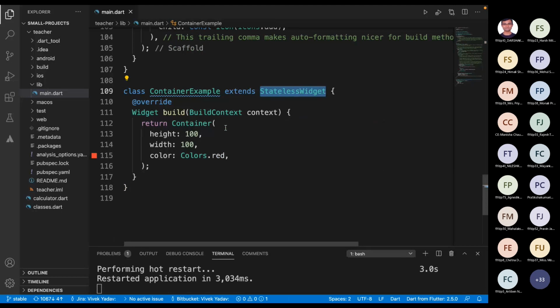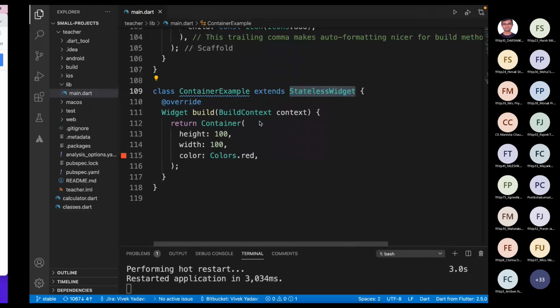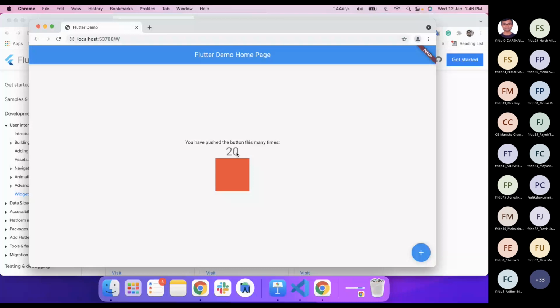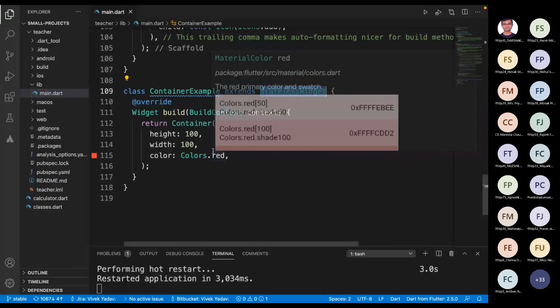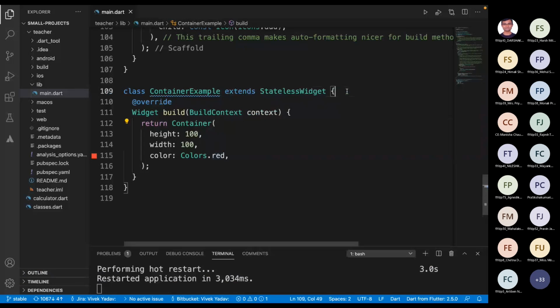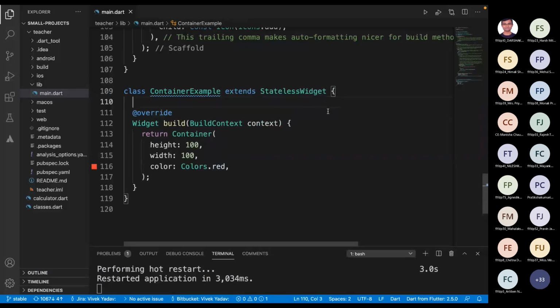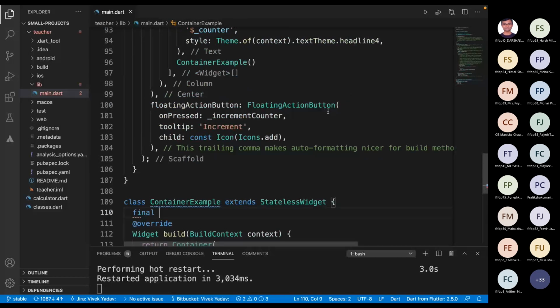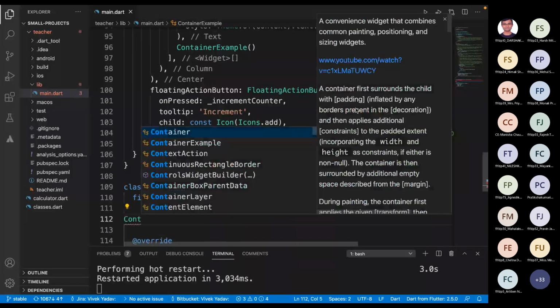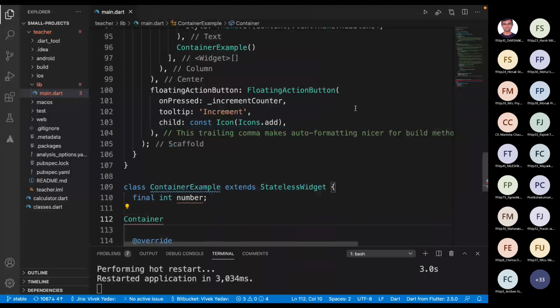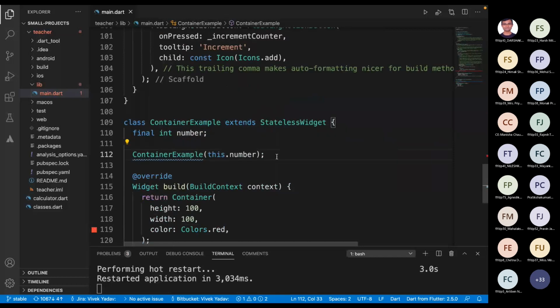Now let's say that whenever this number changes, based on that number you have to show the color. So I can pass a final int number, and based on this number the color should update itself. We write our constructor like this.